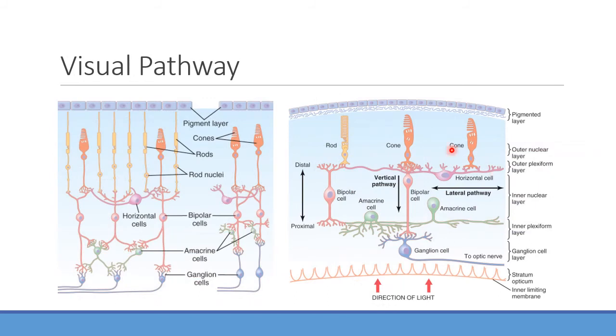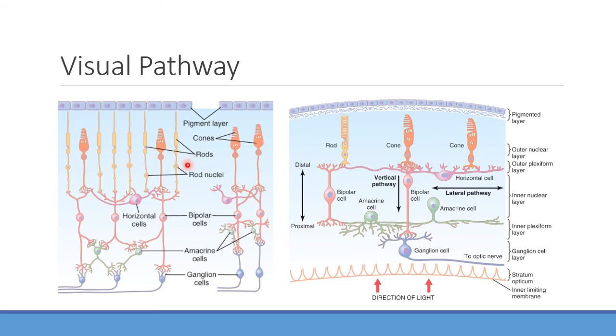All right. Once that occurs, you're going to start to stimulate some of these horizontal cells. These horizontal cells are kind of interesting because they help with that lateral inhibition we talked about. For instance, if a lot of light is coming into the eye, I want to be able to distinguish between areas of light and dark. If all my cells are being bombarded with light at the same time, you can't really distinguish between differences. There's no contrast. These horizontal cells help provide some of that contrast. They help cause inhibition of, say, surrounding rods and cones to limit some of that over signaling, so I can see more gradations between light and dark. That's not an all or none phenomenon.